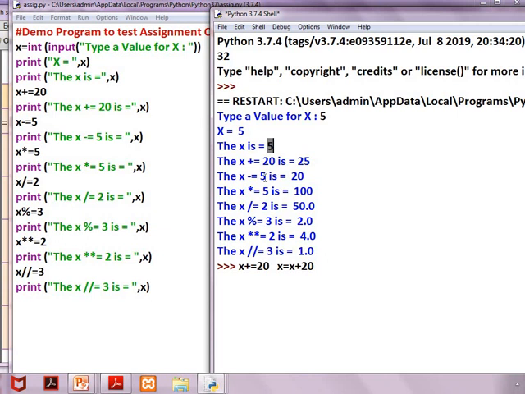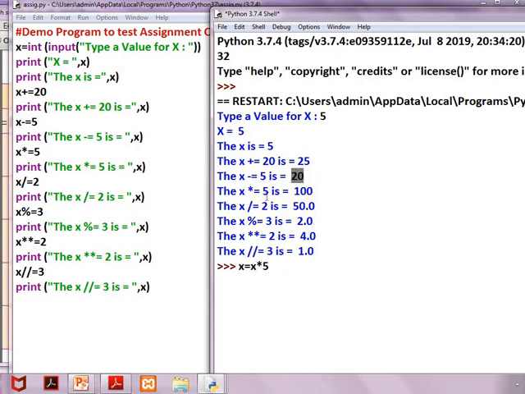So 25 minus 5 is 20. Now the x value is 20. Here x star equal to 5. So the expansion of this is x equal to x into 5. What is the value of x here? 20.